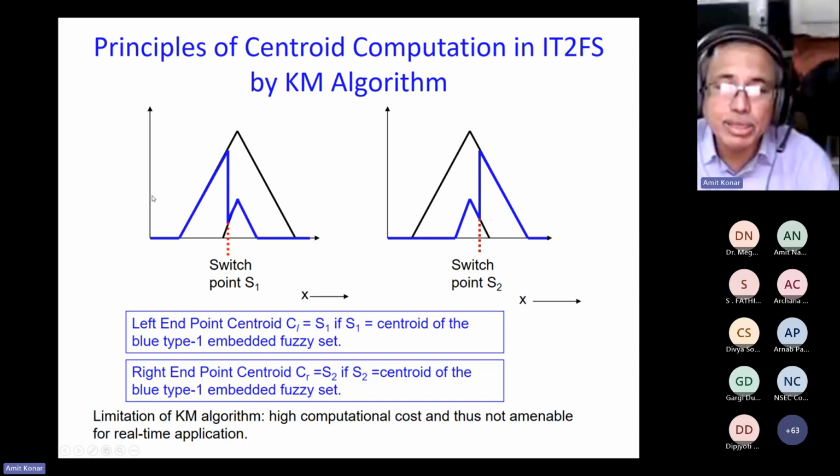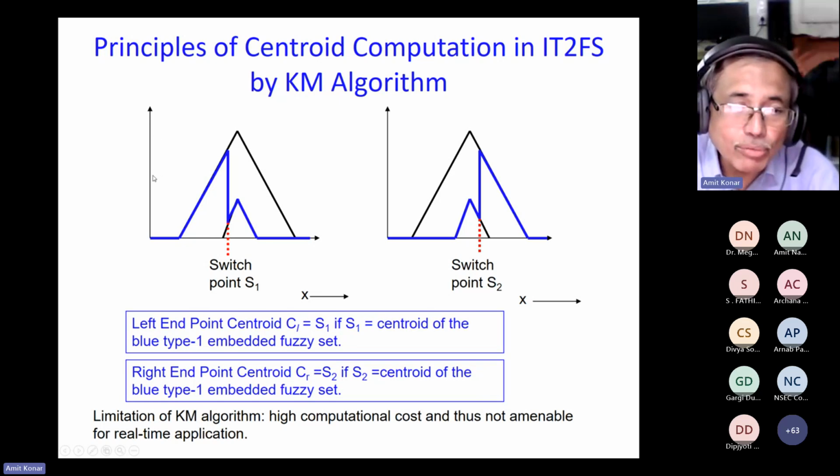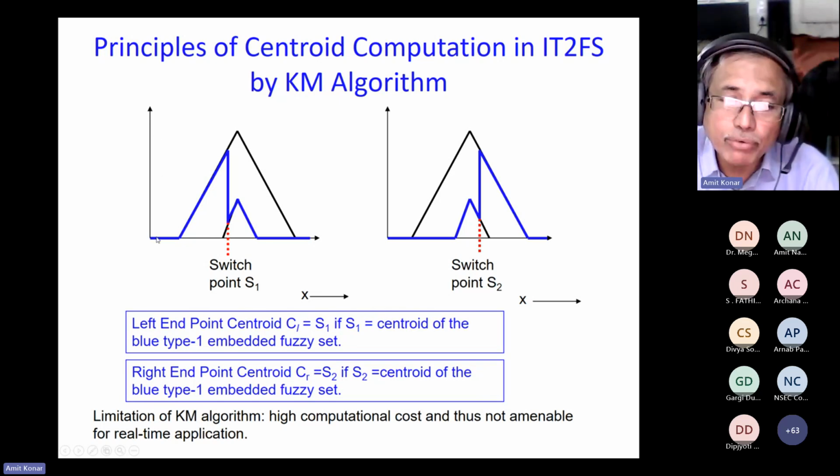Centroid means centroid with respect to the y-axis. We need to compute centroid with respect to membership, so always we compute centroid with respect to the y-axis, not the x-axis. And then, by the Karnik-Mendel algorithm, we need to identify one point